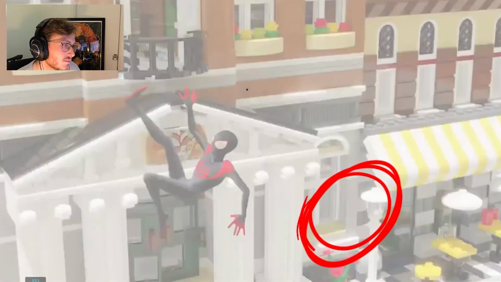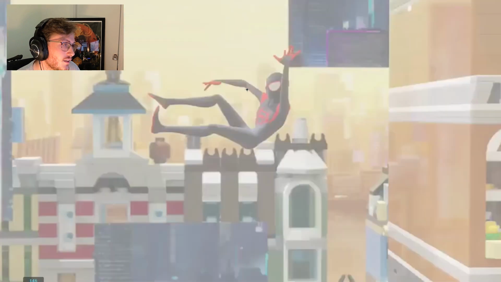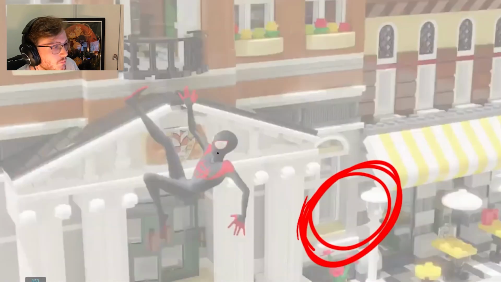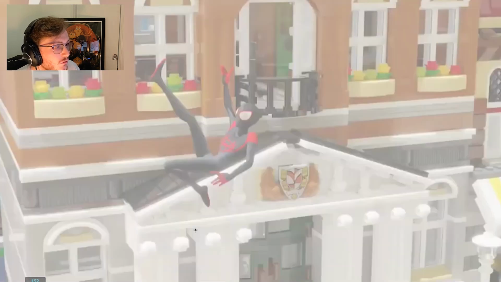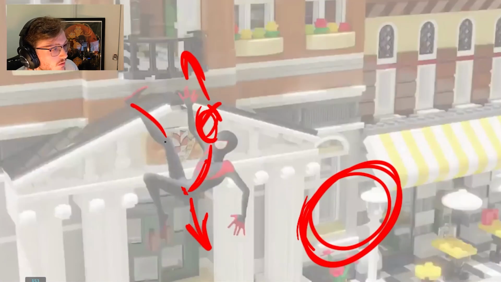It starts to get a little stacked on each other here. You can see this arm kind of flows through this line. I would maybe have separated those a little bit because it starts to stack a little bit there. And I think in here, I would have maybe played around with the physics a little bit more in his spine and got his head to drag a little bit more. Because his head could still be facing up this way, but I think the spine could have made it feel like the hips were now taking all the weight and the gravity was pulling on him a little bit more.